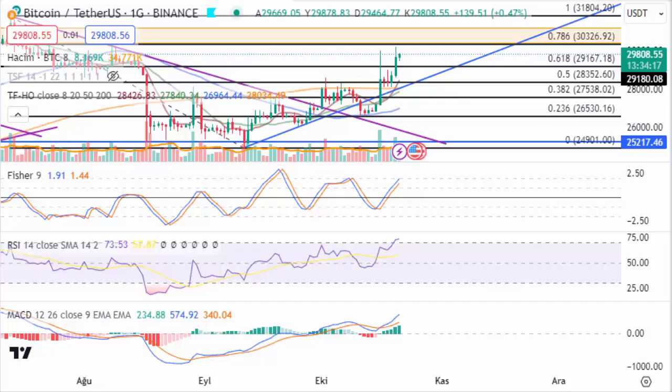In summary, we have an ascending trend, and we want to make sure it doesn't break to the downside. If such a break happens, we could see price movements fall to $27,538. Additionally, the moving averages are in favorable positions and providing strong breakouts. Furthermore, our indicators are still showing uptrends. Currently, the 3-day RSI hasn't created an overbought or oversold breakout, which means price movements can continue to rise unless